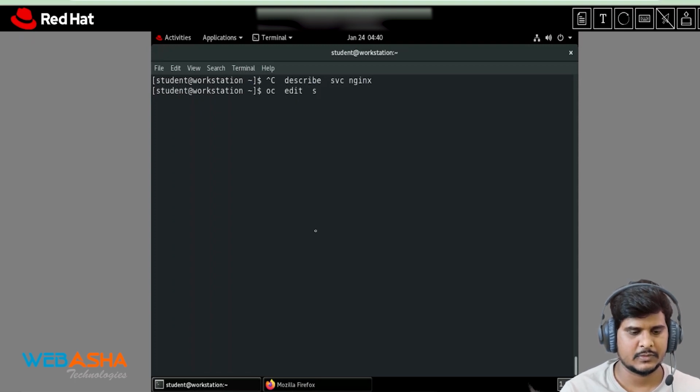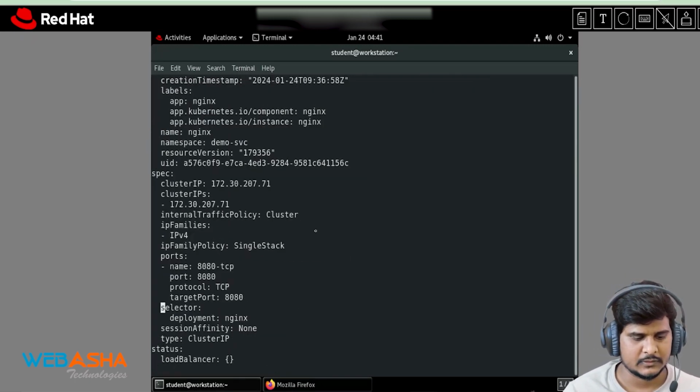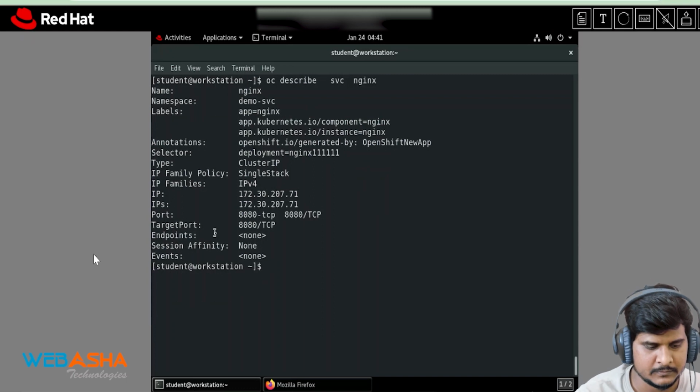Let's suppose, so oc edit service, and the service name is nginx-c, right? So I'm just changing my selector. We have a deployment, and I'm mentioning something like nginx-something. Okay, save and exit. Once you hit enter, see, now we have a different label, and now when we describe this svc, see,